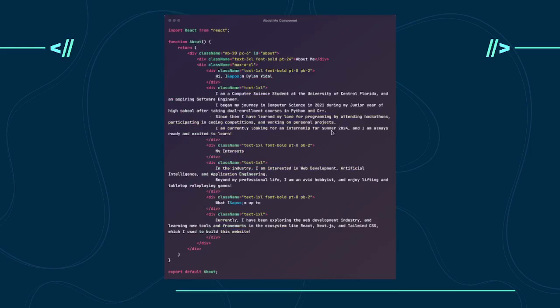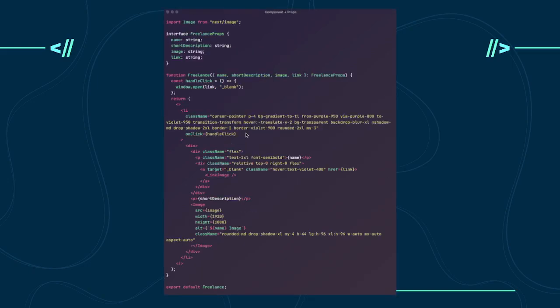So here we go, right? This is it. And again, this is still not the best example. I can go dig one up if I really need to, but this is a function, this is a component now, but it actually has inputs, right? So I define a type, an interface called freelance props. And basically, this is when I was doing freelance work. I wanted to show off all the pieces that I did, right? All the websites I helped make. And so you take in the name, the short description, the image, and the link. You pass these in like this, and you return this JSX.